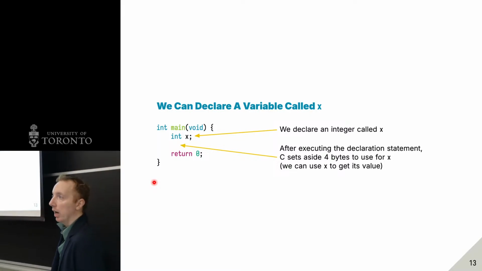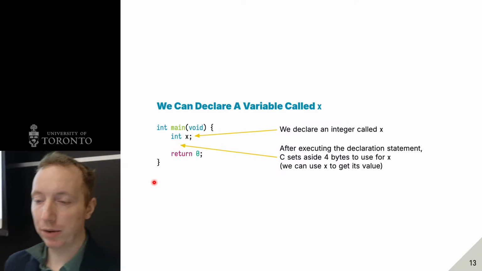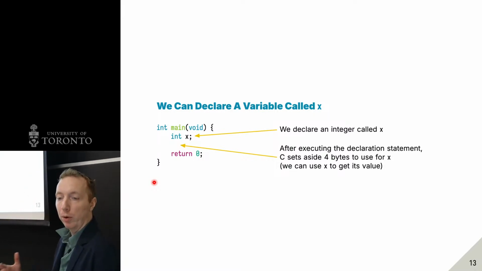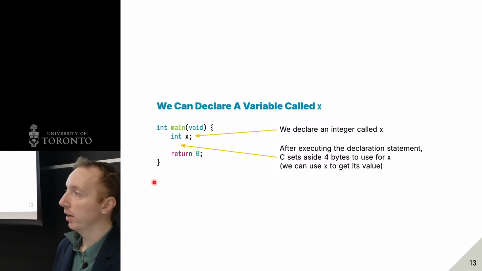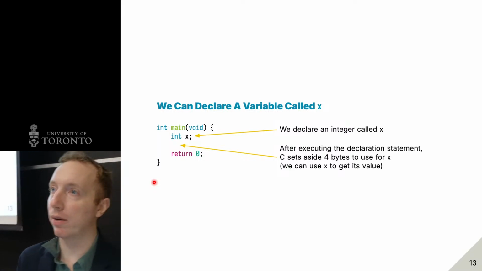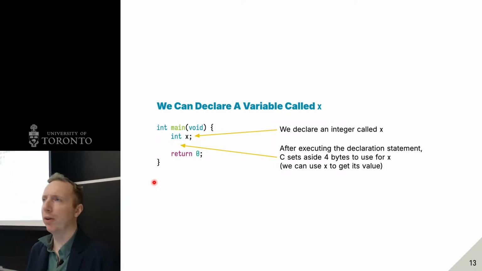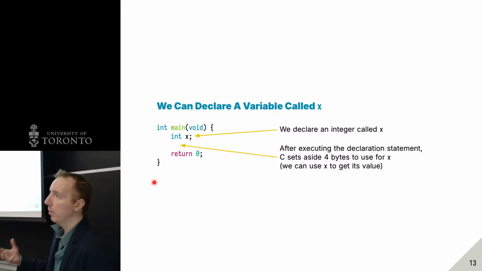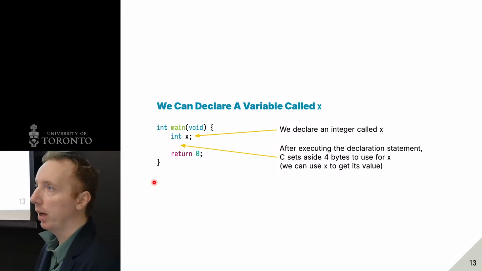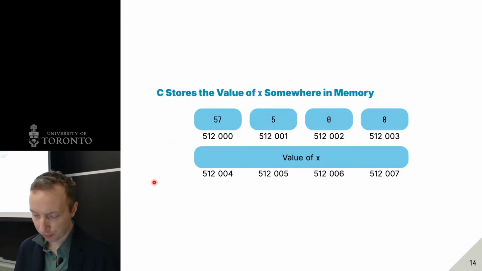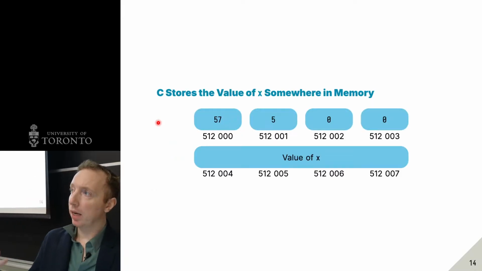After our program actually executes that declaration statement, C sets aside those 4 bytes to use for x somewhere in memory. Thankfully, we don't have to deal with it. We can just use x instead of figuring out what address this x is actually at. If you want to get the value of x, you simply type x, and we'll see how to do that in a little bit. But in memory,